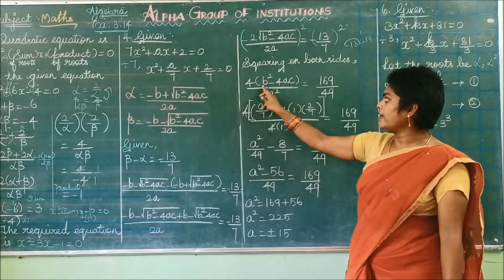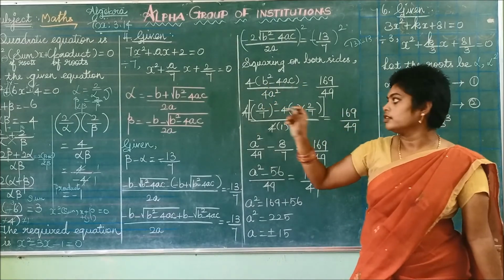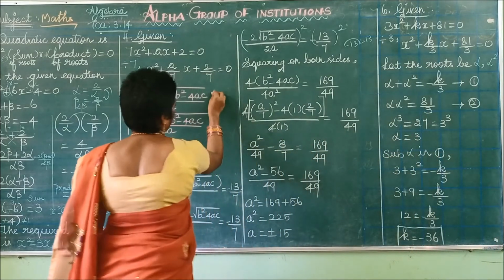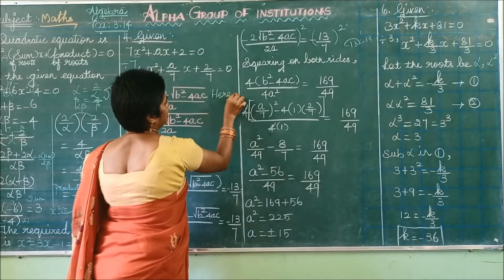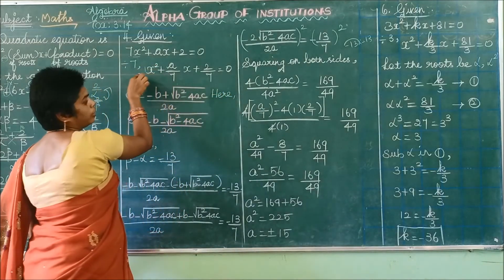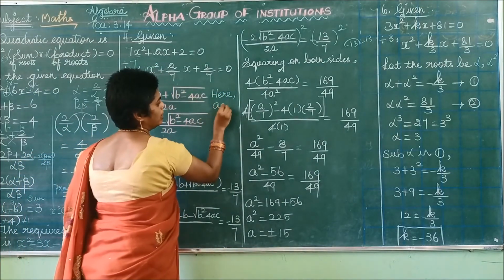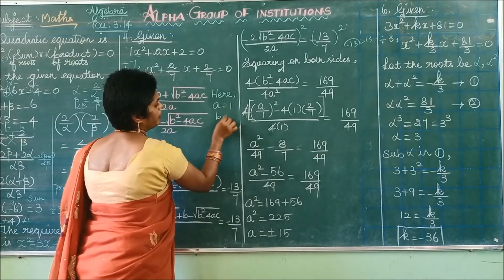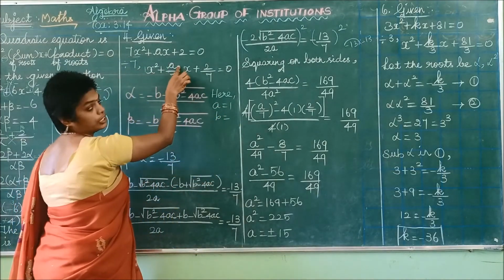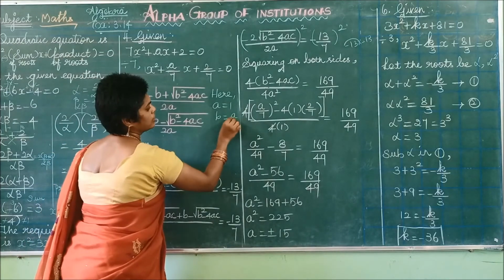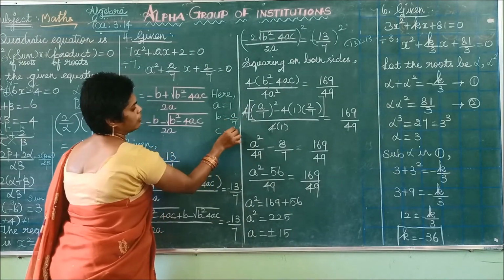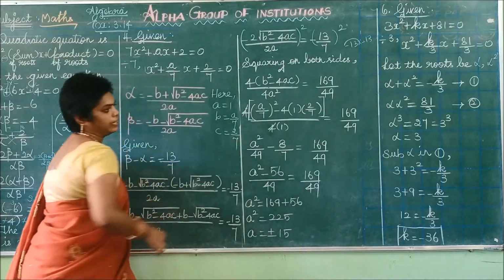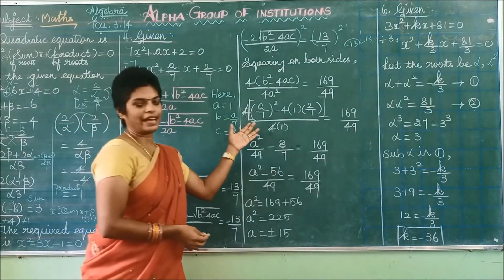Now you apply the values for a, b and c. So using this one, we can find out the a, b, c values. Here x squared coefficient is 1. So here a is 1 and b is, what is our b? Coefficient of x, a by 7. Then c is equal to 2 by 7. Now you can apply the values.